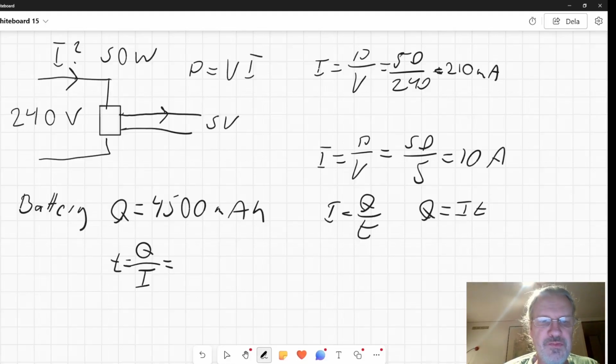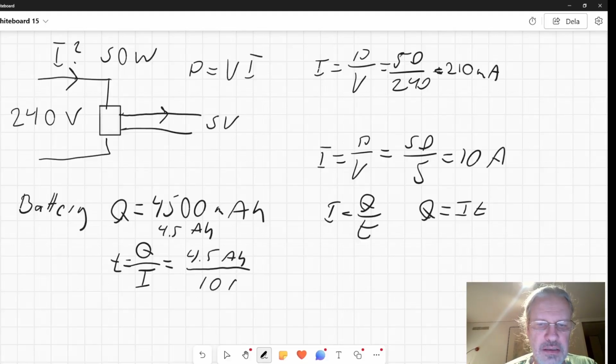So 4,500 milliamp hours will be the same as 4.5 amp hours, since milli means thousandths, so you move the decimal point 1, 2, 3 steps. So 4.5 amp hours. Good. So that will give us 4.5 amp hours divided by our current, that was 10 amps. Amp and amp will cancel, so that will give us 4.5 over 10 hours,